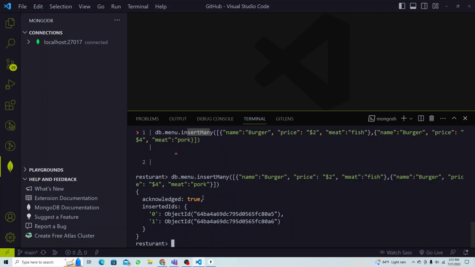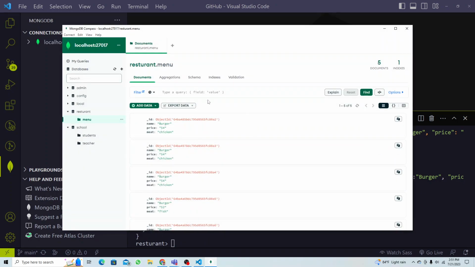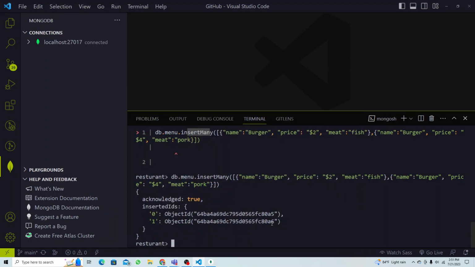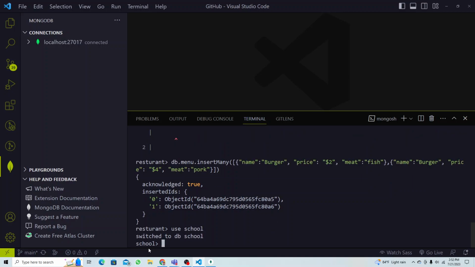So how are you going to display something? You saw the data here in our Compass, but let's say you are writing the program, in your back-end program, and you want to get all this data. What function are you going to use? So db dot... what is that menu? Because we are in restaurant right now. You can change, let's say use school, and you are inside the school database. So I can say db dot